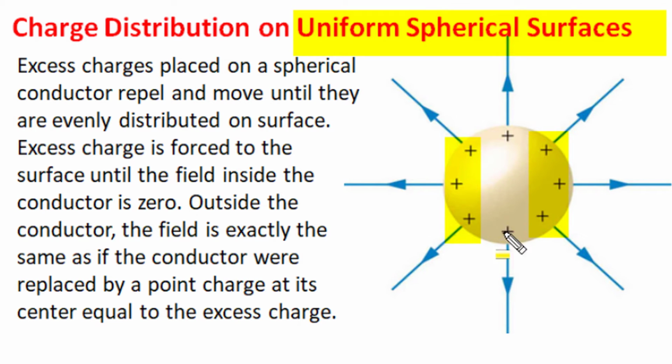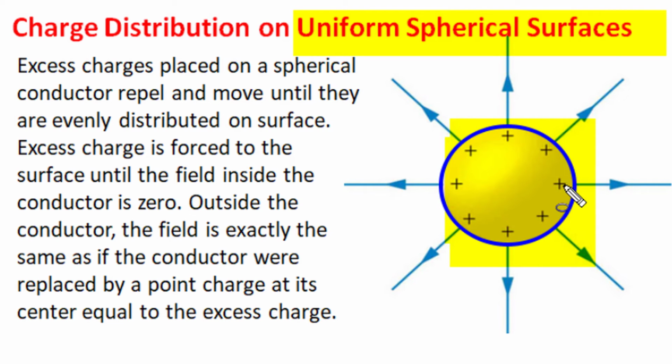So in such a conductor surface, there is no internal charge and no internal electric field. Charge will exist only on the outer surface, and the electric field, if the surface is positively charged, is radially outward as shown by these arrows, and it gives an indication that for all external observation, this spherical charge distribution acts like a point charge acting from the common center.